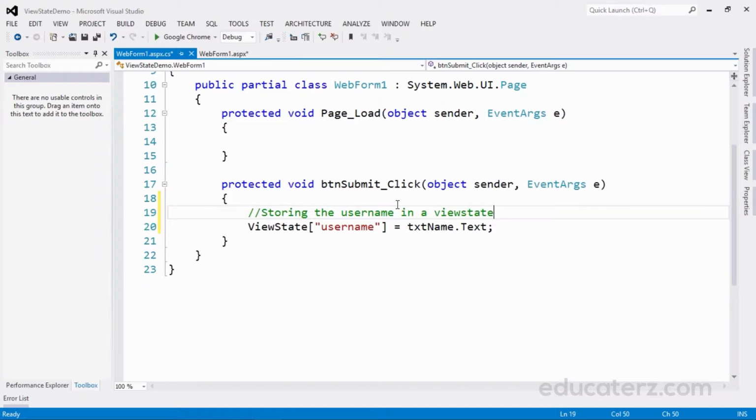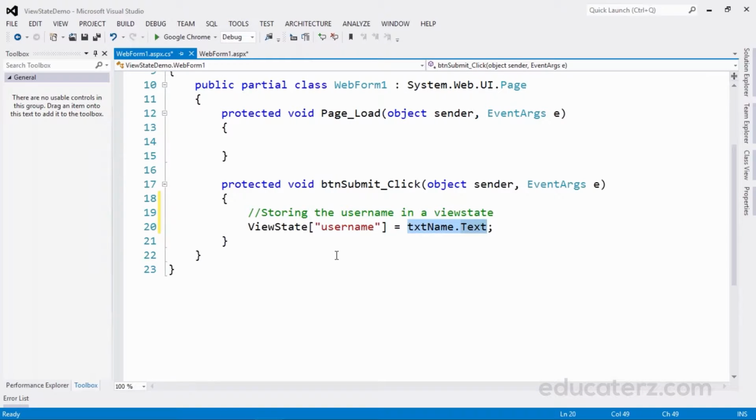Username is the key here, and the value is the text which is passed to this username key. So username is a key and this is a value. View state is a key value pair.